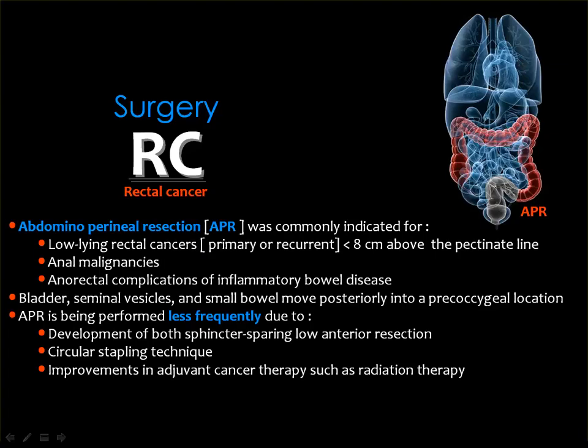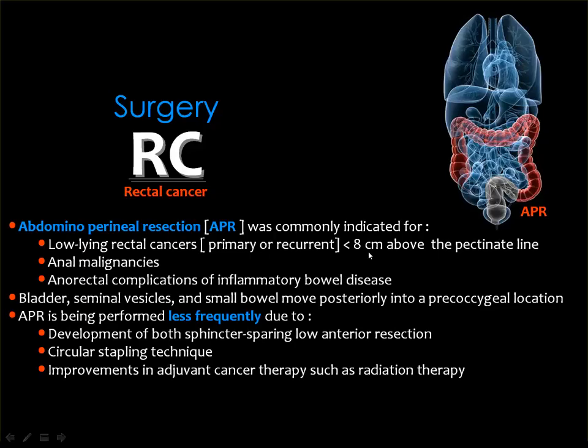We have three. Number one, which is an old surgical procedure known as abdominoperineal resection. You resect the area shaded in gray, including the anal sphincter, and you put the patient on a permanent colostomy. This was indicated for low rectal cancers, primary or recurrent,